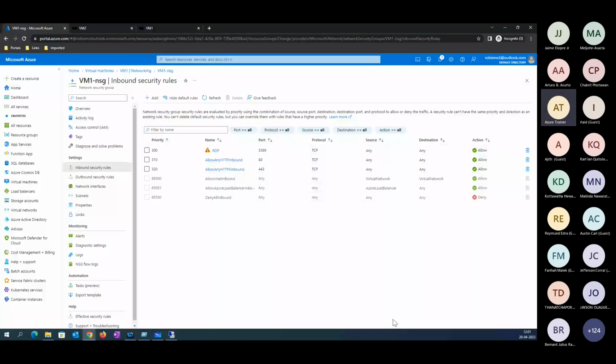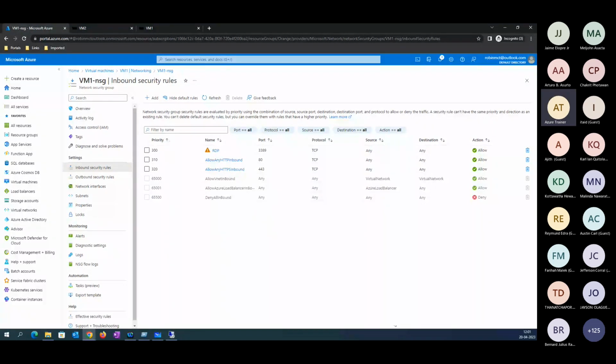That is the way it's been configured. Is this point clear? Now the inbound rule has been configured here.